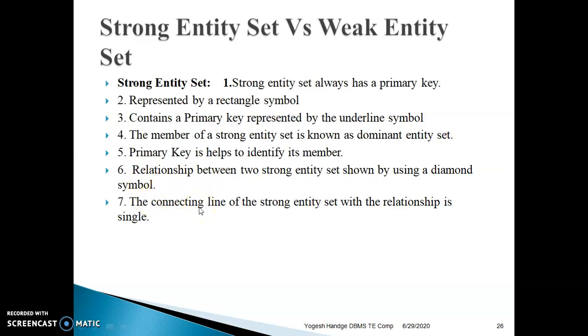The seventh point, the connecting line of a strong entity set with the relationship is single.